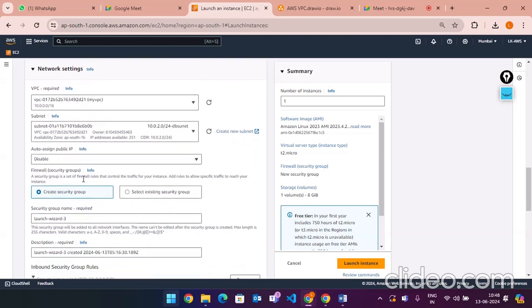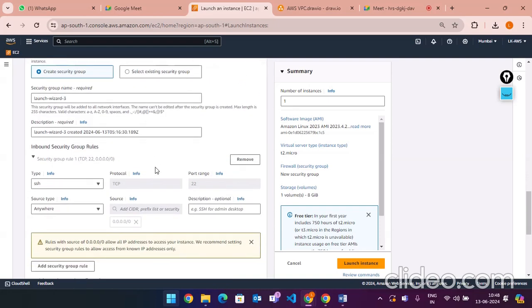Yes, sir. So now the subnet should be, what is the subnet? 10.0.2.0, okay, that's fine. So now security groups, what is the security group we have to enable? That should be SSH. No, actually,